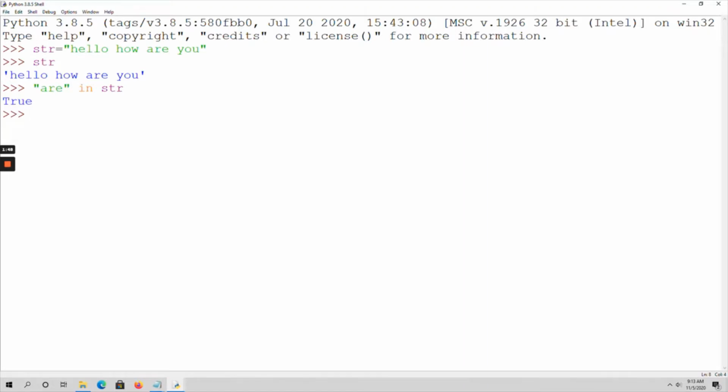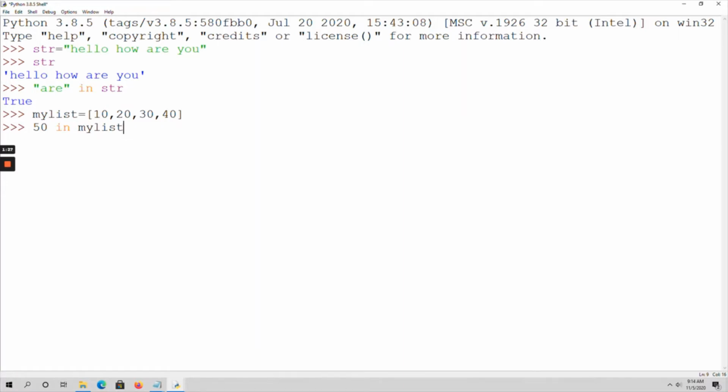Similarly, if you consider a list, my list is equal to 10, 20, 30, 40. If I want to check whether 50 in my list, that means whether element 50 is present in my list or not.